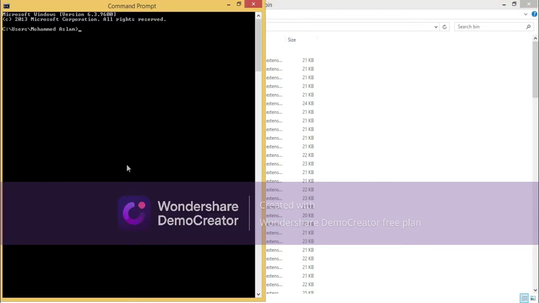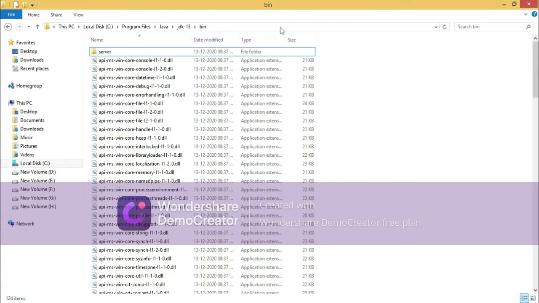If you run a command in the command prompt, just enter java and enter, you can see here the system is not recognizing. That means we have to tell the system that I have installed JDK in this location.